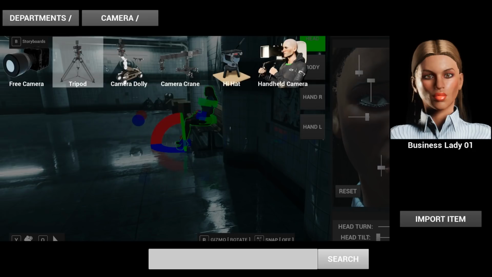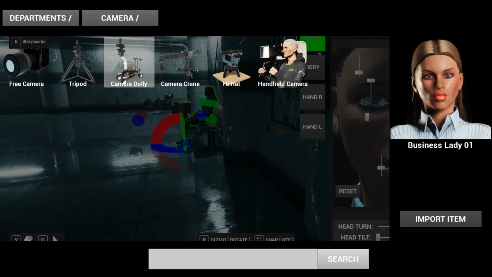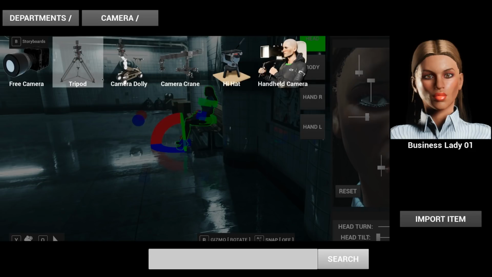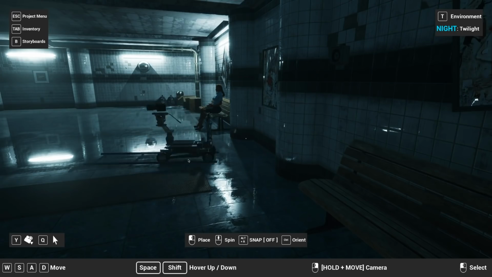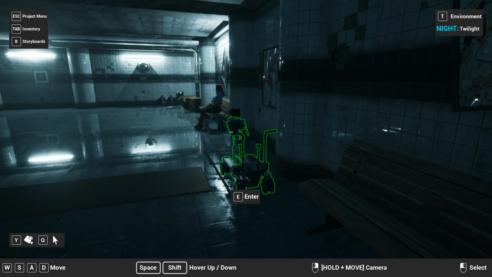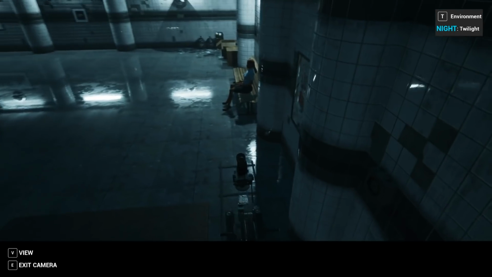And let's just grab, so here we have a dolly, got a nice Fisher tin going on here. We have a techno crane, and tripod, handheld camera, hi-hat, and boom, right here, now we have a camera. We'll spin it around. So once you add a camera, you hit the E key and you go into the